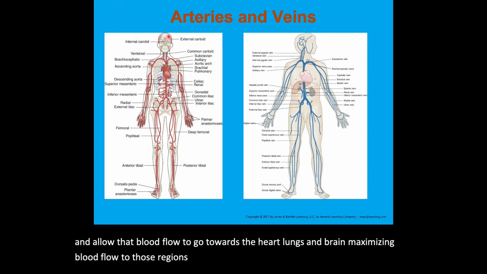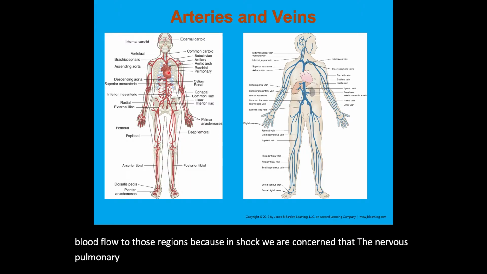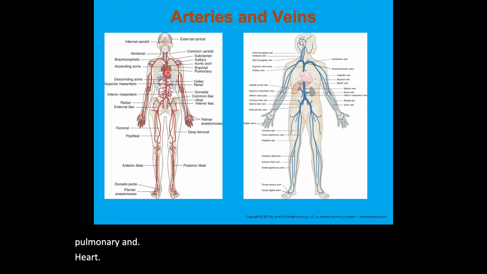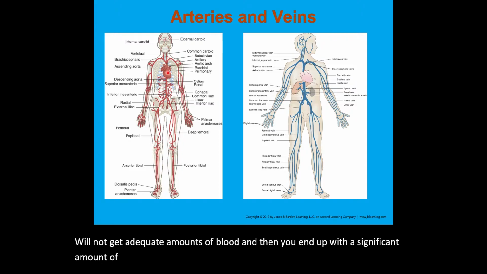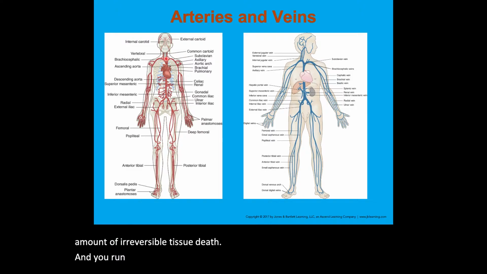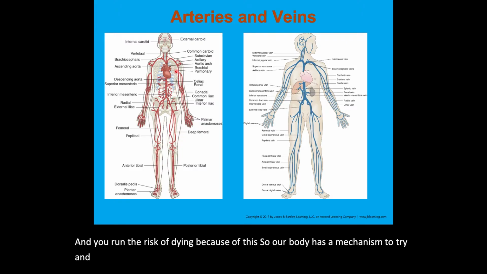Because in shock, we are concerned that the nervous system, lungs, and heart will not get adequate amounts of blood, and then you end up with a significant amount of irreversible tissue death, and you run the risk of dying because of this. So our body has a mechanism to try and prevent that by maximizing that blood flow to the